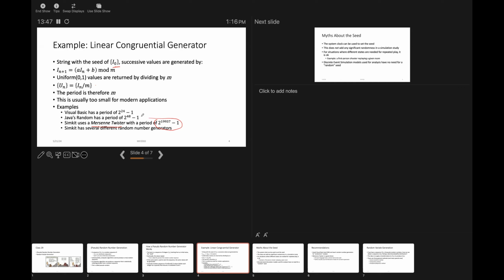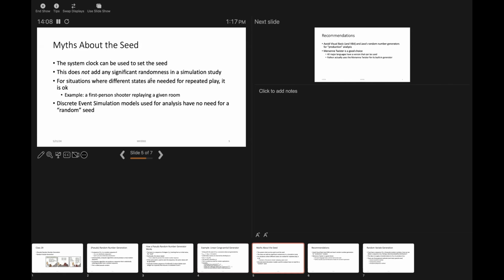And this is one for Python. The Python default random number generator is a Mersenne twister. So that's why the Python version just uses the default one in Python. So it would be great if Java switched to that, but they didn't. So we're kind of okay. Now I want to address